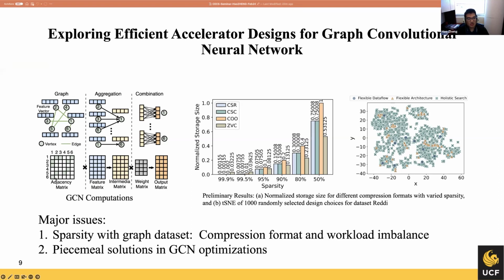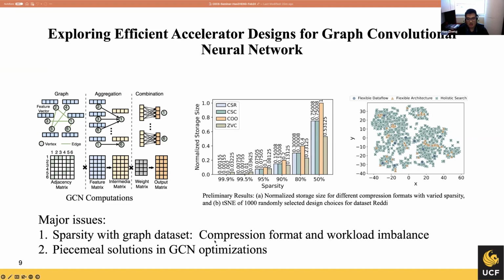If you look at the matrix, the sparse matrix here represents the connectivity among different nodes. And the issue is those non-zero elements are randomly, unevenly distributed across each row and column, right? So the first question is, how do we compress the sparse matrix to eliminate those non-zero elements? There are multiple options at this moment, but which one is the best for what condition? So we conduct some analysis for this part.